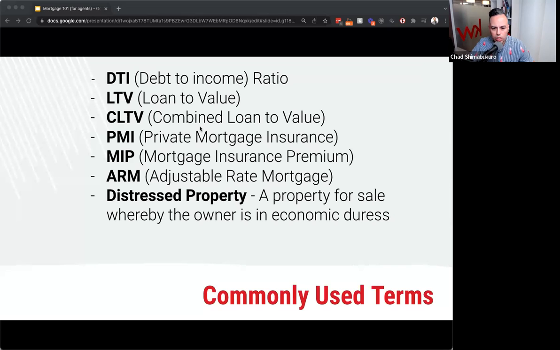An ARM stands for adjustable rate mortgage. If anyone was around our industry or even heard about the mortgage meltdown in 2009, a lot of that was ARMs, adjustable rate mortgages. People were getting very risky types of financing, which led to people who probably shouldn't have qualified to purchase a home buying a home, and then they couldn't sustain it when the market fluctuated.